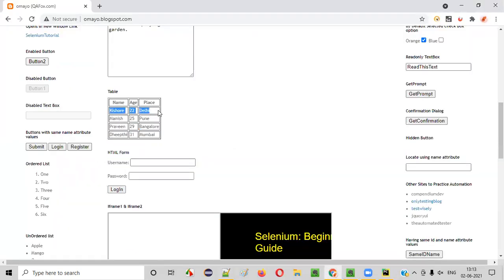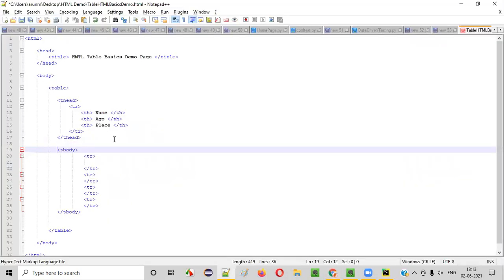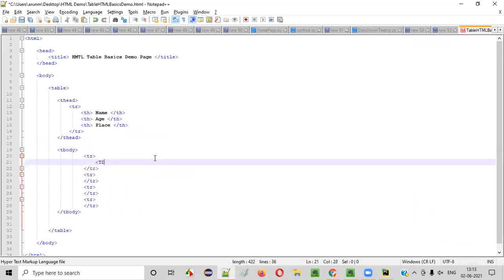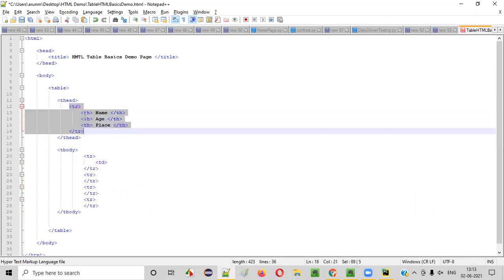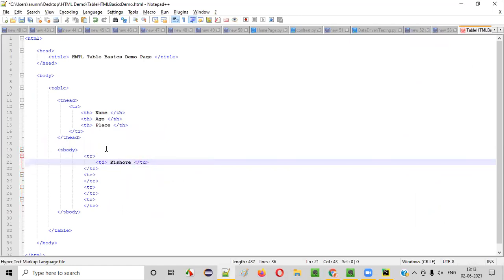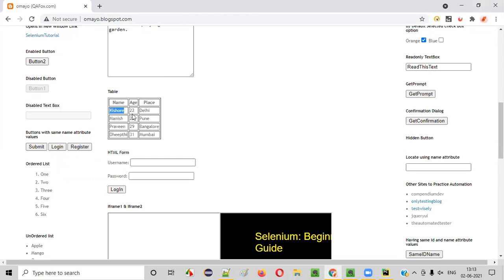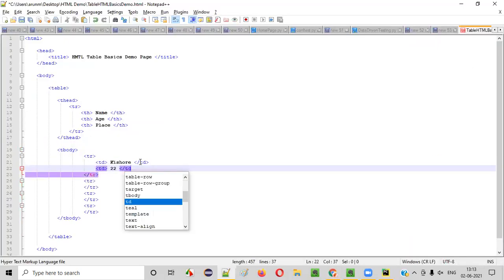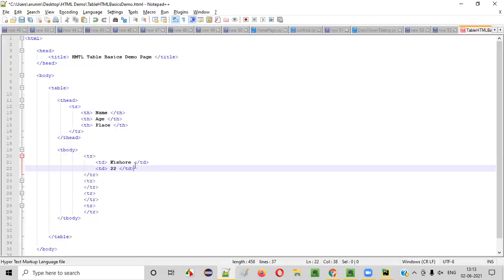Now inside the first tr, we have to provide the table data. Inside this first row, inside the table body, in the first row, there are 3 datas, right? Kishore, 22, Delhi is there. So here I have to say TD. TD means table data. In the table heading, the first row, we have TH tags. TH means table headings. Here, TD means table data, guys. Under the name, we have Kishore, right? Kishore will come first. Kishore /TD. Similarly, TD 22 /TD. Then TD.